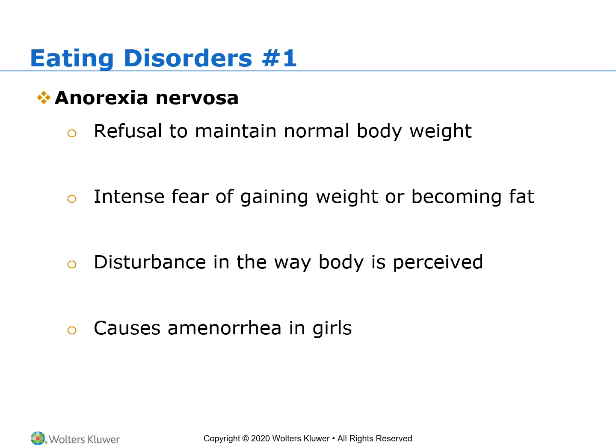They do those purging behaviors with or without binge eating, so that they can achieve that sustained low weight. And they have disturbed self-image, pervasive fear of becoming obese, obsession with restricted calorie intake, excessive physical exercise, and usually it is more common in